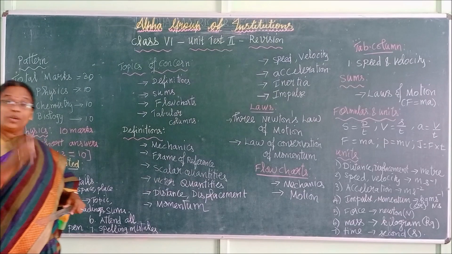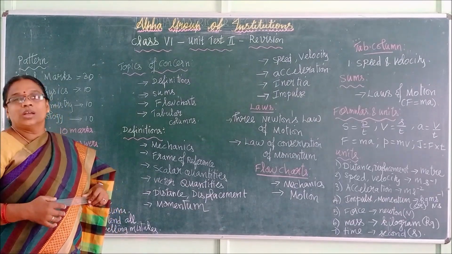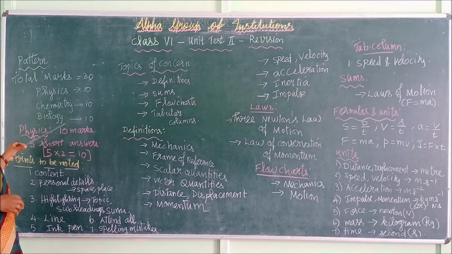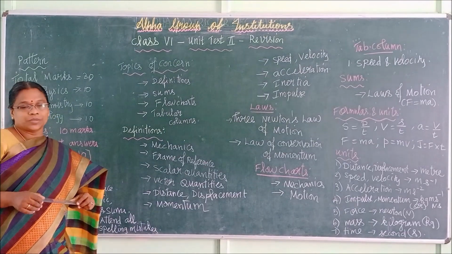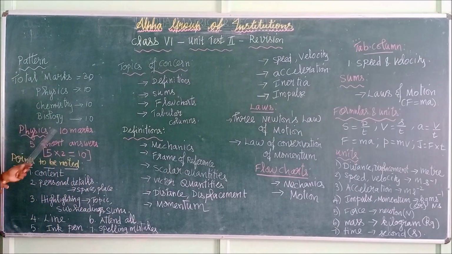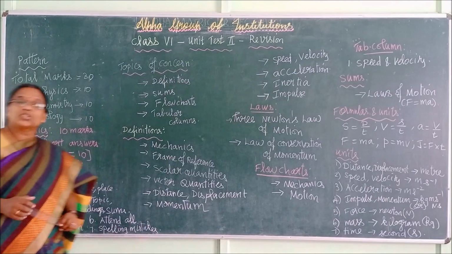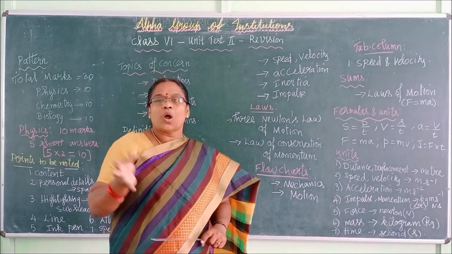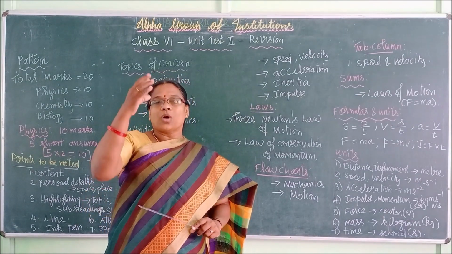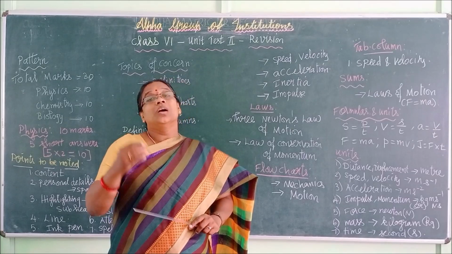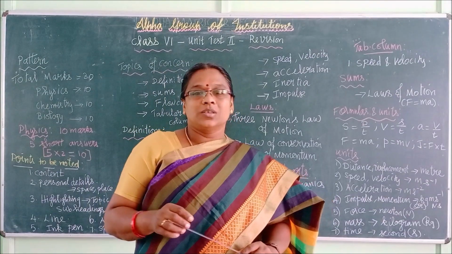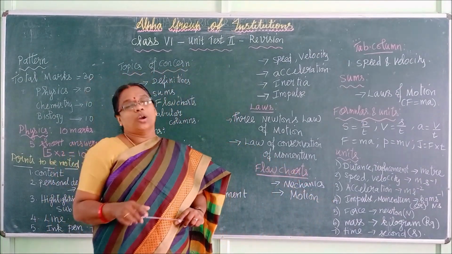You will be writing the theory based unit test for 30 marks. In that 30, physics will take 10 marks, chemistry will take 10 marks and biology will take 10 marks. As far as physics is concerned, for 10 marks you are going to write 5 short answers, each question taking 2 marks. As it is short answer based, concentrate more on short answers. Of course, detailed questions in between can also be asked.